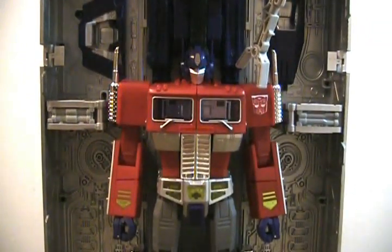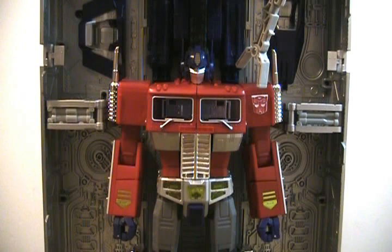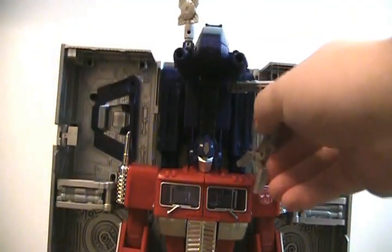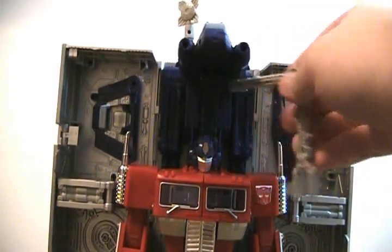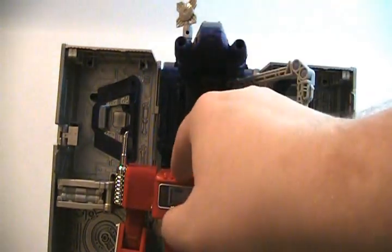It gives a little bit of support to Prime, so if he's going to fall over, he's only going to fall over forward. Not that he would fall over. The legs are quite good on this, but I don't know, it's a nice way to show off both things in kind of the same space. Now, there's not much this can do, aside from move the arm around to repair Prime, and Lord knows he needs it with how often he dies, but it is nice that they put the effort to make sure that Prime fits in it quite well, because if you notice,